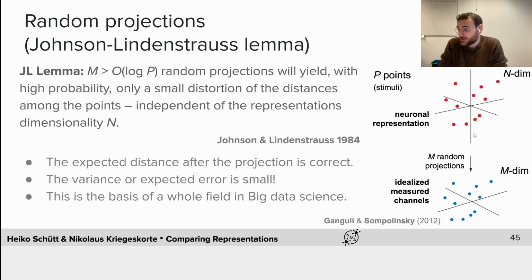So we can actually use relatively few dimensions and still have a good estimate of this. And I want to note that this is the basis of a whole field in really big data science. So if you are talking about representations with really many dimensions, then it can be an interesting idea to apply these kinds of random projections first and then compute only with the data after this to bring everything into a manageable dimensionality. And for all of those the distances are well preserved. And of course, this also gives us hope for neuroscience that we might actually be able to measure those distances accurately enough to make sensible comparisons between the brain and neural networks.